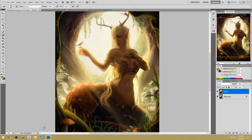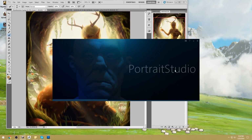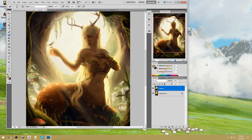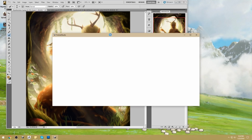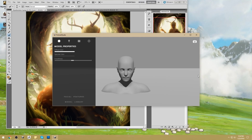One thing I'm gonna do, because I am having a lot of trouble, and this is exactly why I set this program up, is to just test this on Portrait Studio. So let's do one more test and create this exact gesture, but on Portrait Studio's figure. As you know, Portrait Studio has a posable figure. To download your copy, you just got to go to my store. All right, let's get the